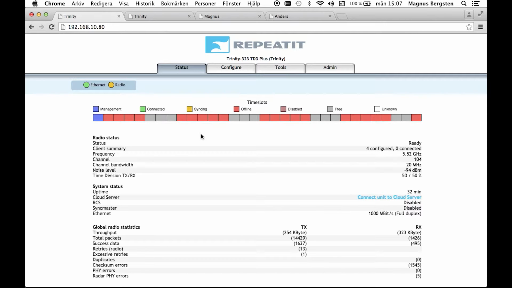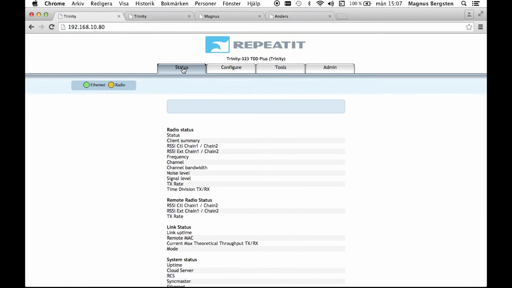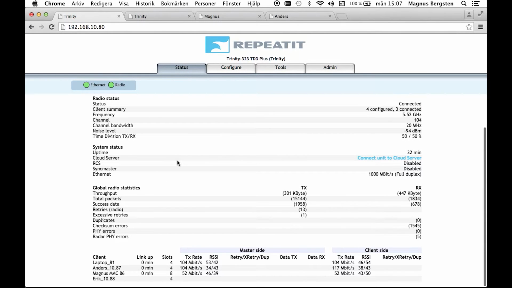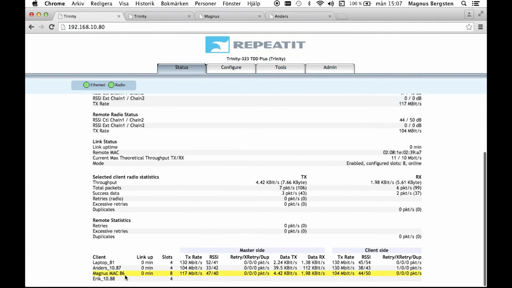The page is updating every 5 seconds, but if you want to see it quicker, you can also press the status page, otherwise it will be automatically shown here. Now you have one client that is syncing against it and now connected, and you have a second one that is now syncing, now connected, and we are waiting for 3 of them connected. And actually the 4th of them will not connect because it is not powered up, just a preparation to have it on here. So now when we press one of the units here,